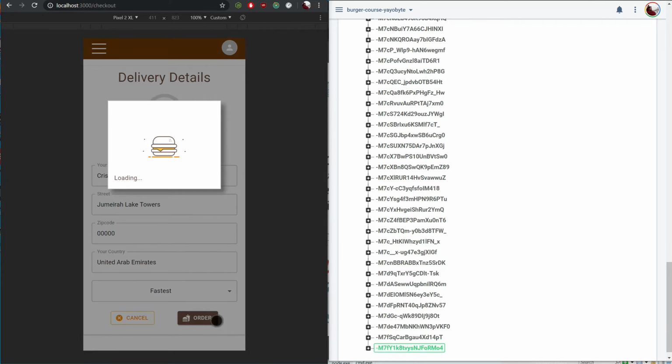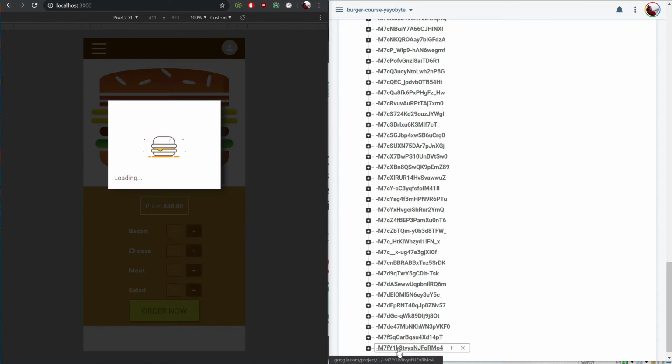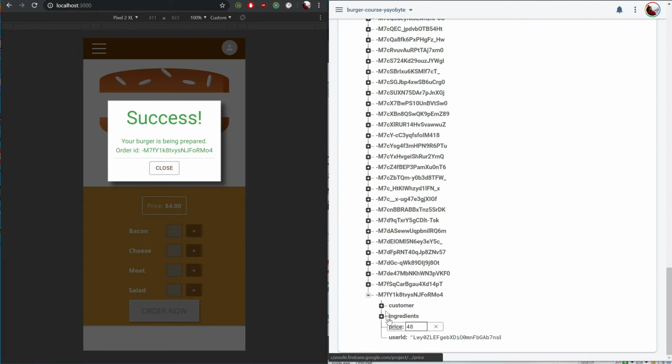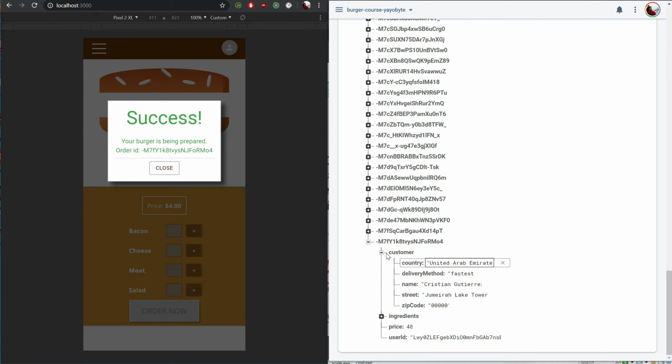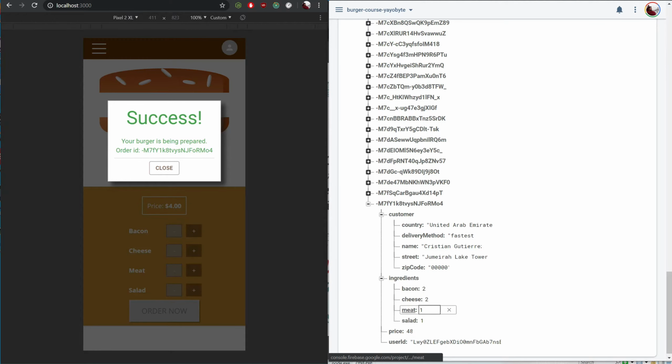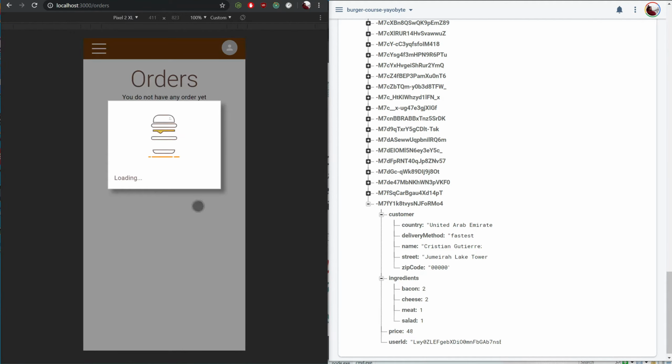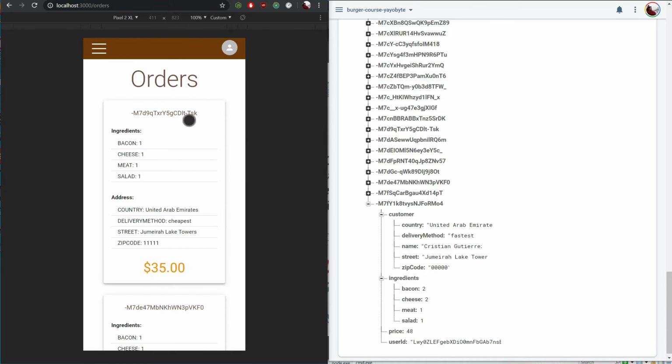After you order, I'm not sure if you see the spinner, and also right here on the right, you see the information in the Google Firebase console. As you can see, this is basically the information I just filled out on the form. Also, I have the price, the ingredients, and the user ID. And after clicking here, you can go directly to the orders, and you can see your orders. Basically, this is filtering the orders